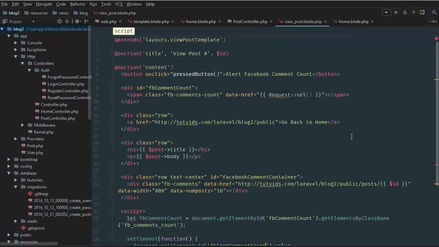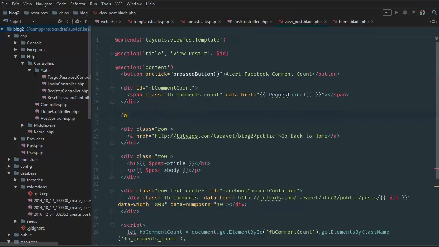I think, let's see, Facebook form comment count. I'm just going to check what I have. Facebook form comment count. So we have to actually create the form first. So let's do that first. So let's create the form and let's put it right here, right below the comment count. So form